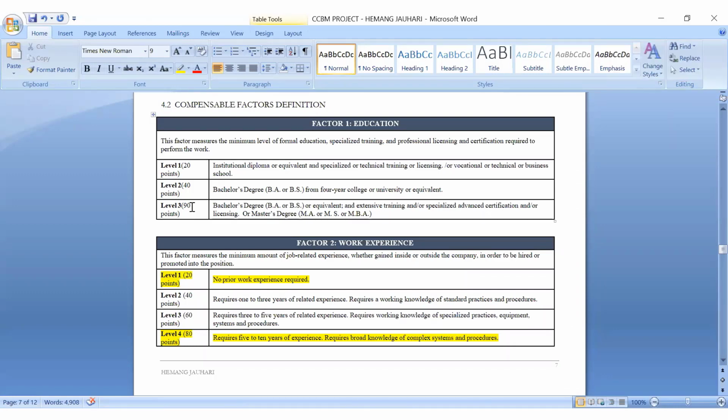Correct? So the only thing I wanted to just add here is, when we had a session with Mr. Raj, what he mentioned was, first you work on the level 1 column, which adds up to 100 based on the compensable factors you selected. Then he said you work on the last, let's say level 5 total points, based on the minimum and maximum salary of the company that you have. So you get the points and then you work backwards. Then you get the level 3, then you work on the level 2 and 4.